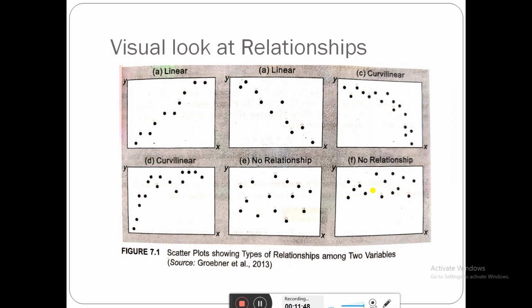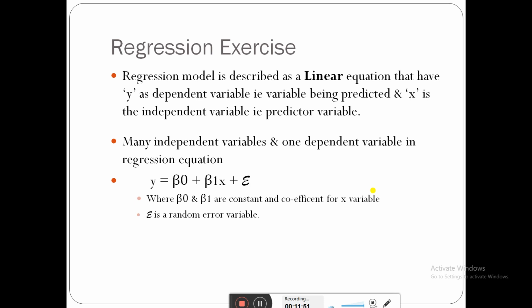Next is a regression exercise. We'll start with the regression problems. How to solve the regression problems? First, a regression model is described as a linear equation that has y as a dependent variable, that is, a variable being predicted, and x is an independent variable, that is, a predictor variable. In this regression, we are going to take two variables: y is dependent and x is independent. Here there can be many independent variables and only one dependent variable